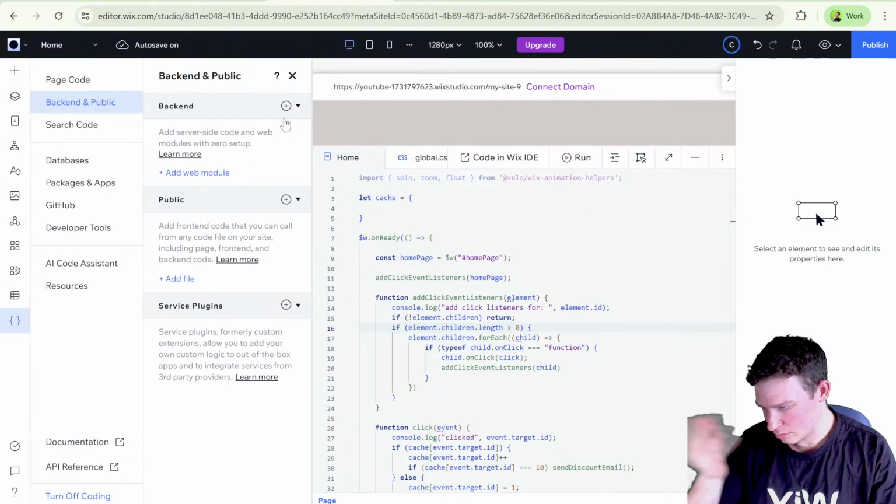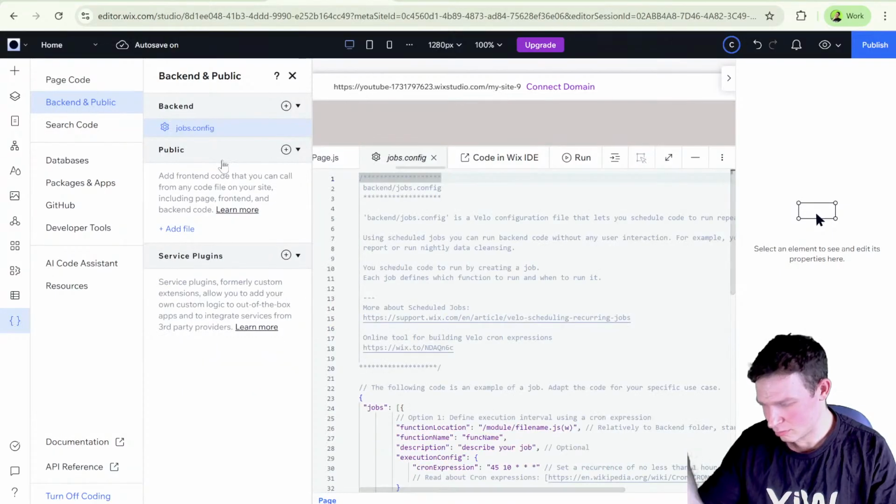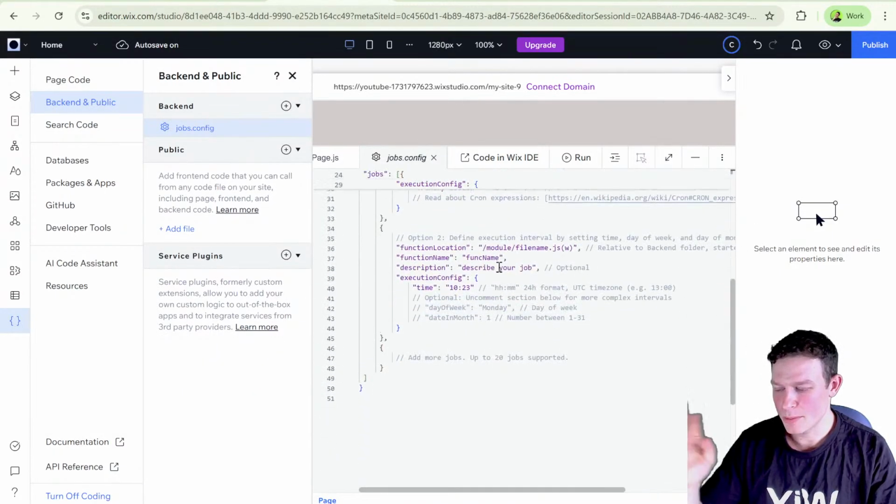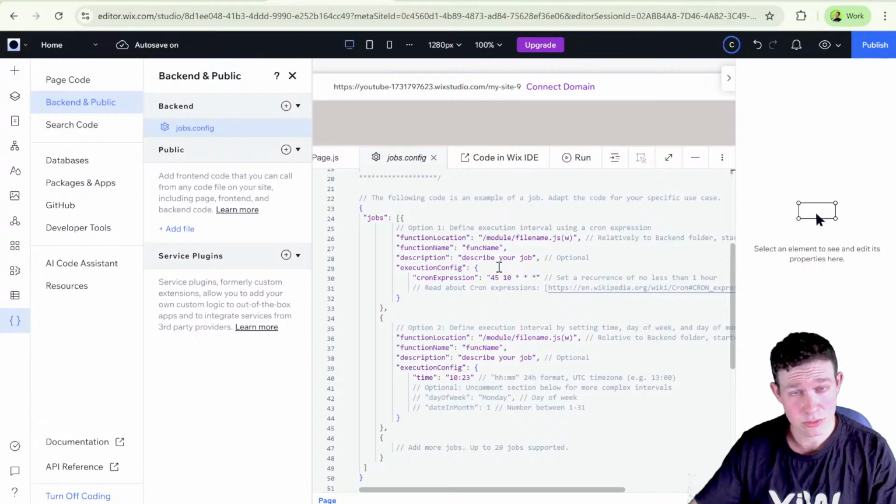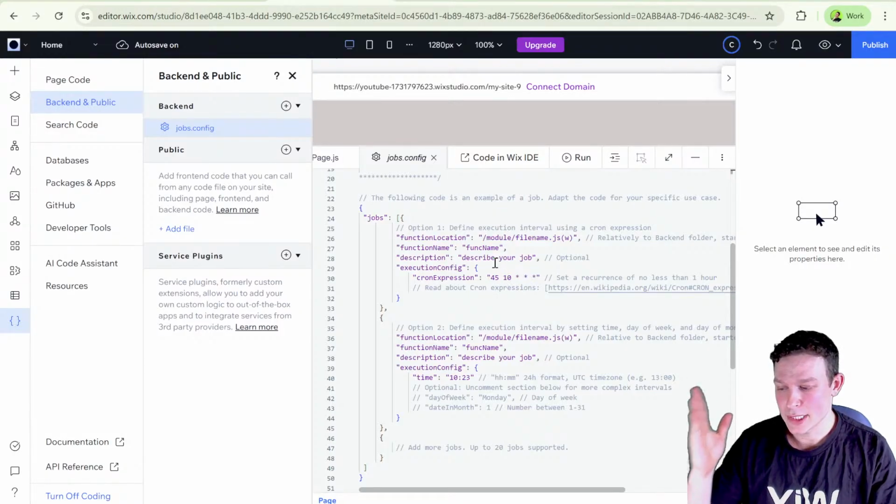Where did that go? There. Add in a scheduled jobs. I have a tutorial about how to use scheduled jobs. And that would essentially, let's say,